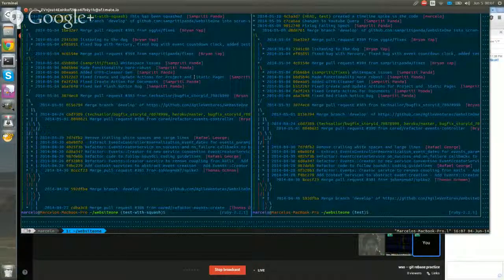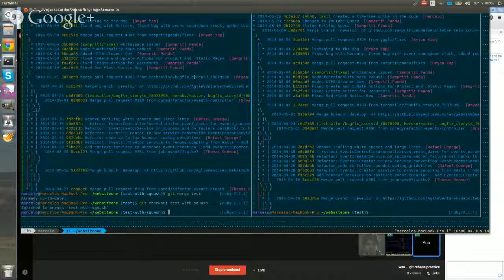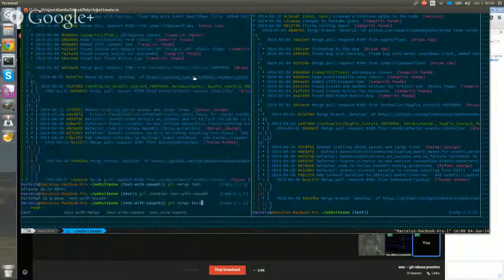So okay, let me go here, git merge. Let me just show you, merge test. Already up to date. Okay, so I guess there's no difference, I mean there's no diff between them, but the hash is different. Oh wait, no. Sorry, I forgot I swapped branches, and this one merges with test.